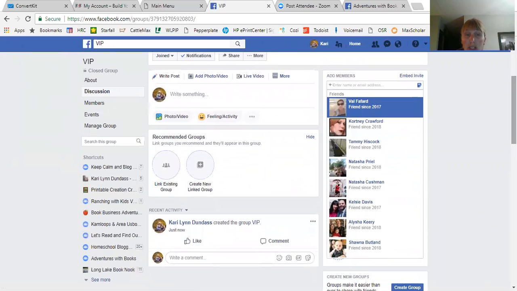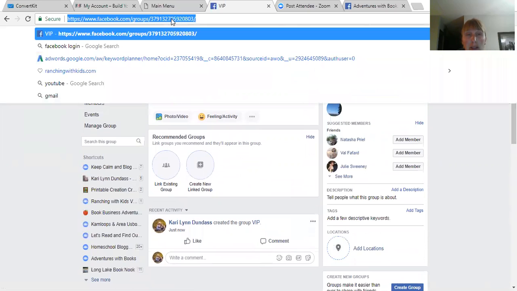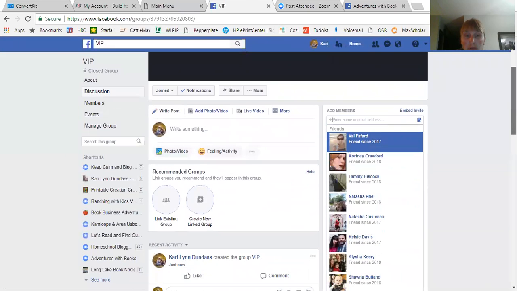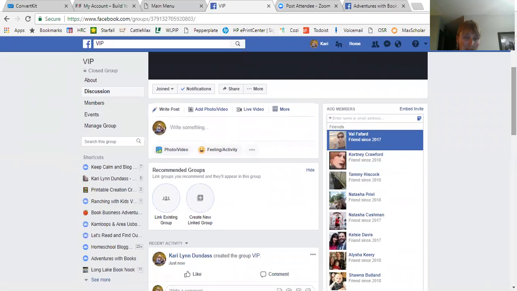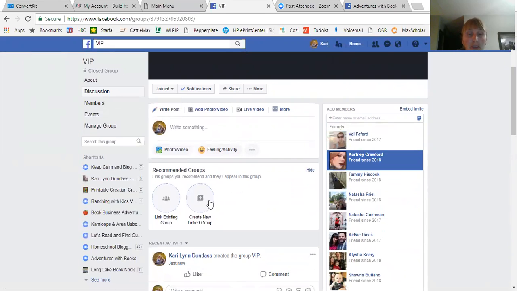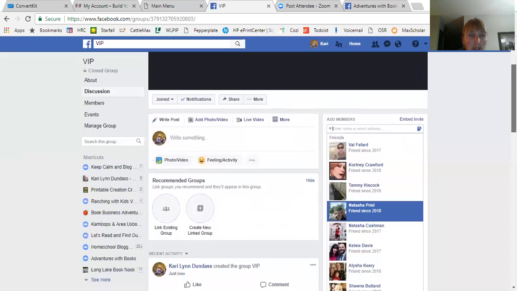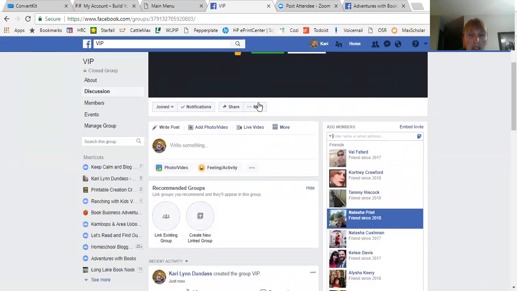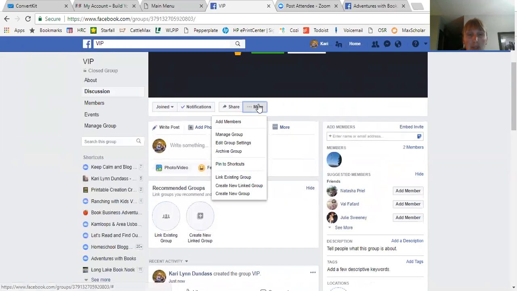The other thing with closed groups is you can copy this and share it, so you can actually send it to somebody so they can be added to it if you're not friends with them on Facebook. And then the other thing you can do is, I'm trying to find where it is. You can link it to your page, and I like doing that because then